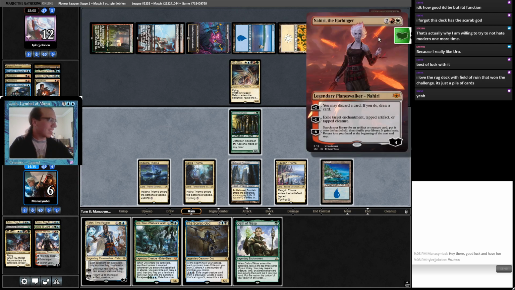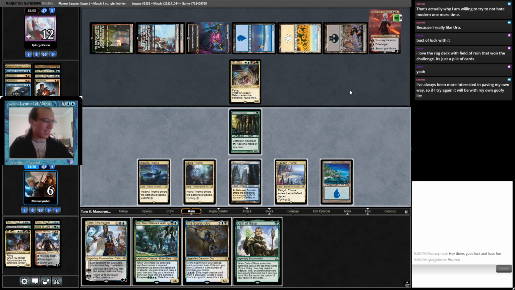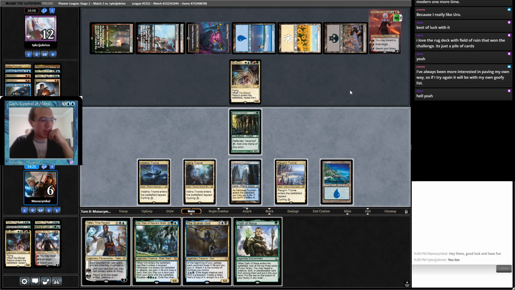Problem is, this is gonna get a hasty Niv and just kill me, and I can't stop everything. Oh no, I mean you should play it with your own goofy list. I mean you could play 80 card with Abundant Growth. I mean it sucks, but